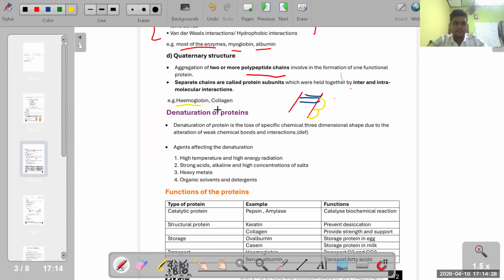Collagen is present mainly in the skin, right? It is useful in maintaining. If you see in females, collagen is present in large amounts so that their skin is moisturized and they are a bit fair and soft compared to men. So that is due to the collagen, right? So is this clear? Quaternary structure of protein. So simple, nothing much hard, right? Once you clearly go through them, you will find that it is very easy.